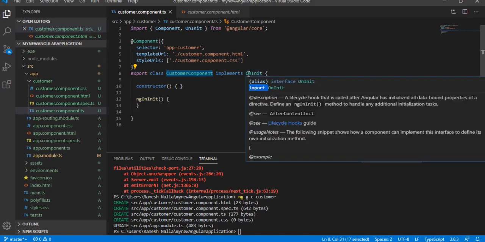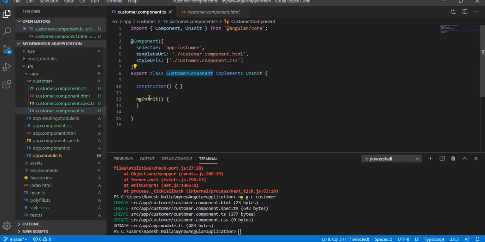This component has some built-in methods, ngOnInit and ngOnDestroy, which we call component lifecycle hooks. We will discuss the component lifecycle in the next topics. For now, we are discussing how to create a component and how to add logic to it. So this is about the customer component.